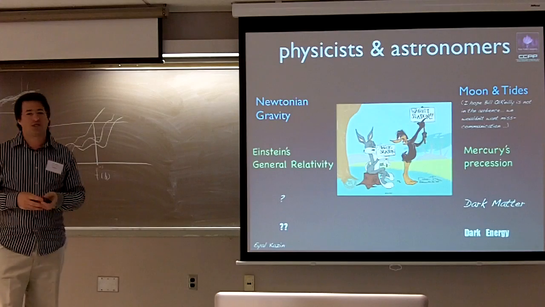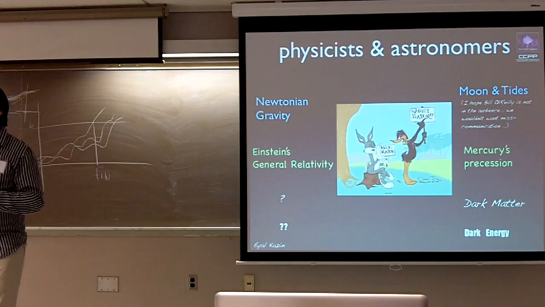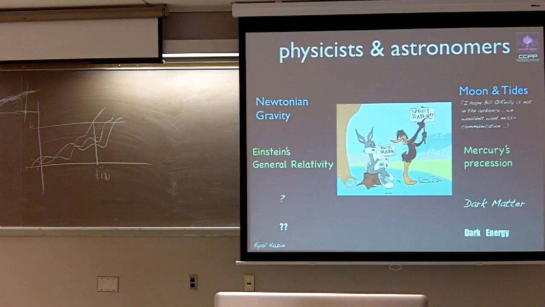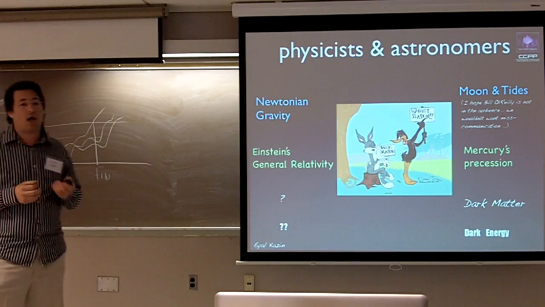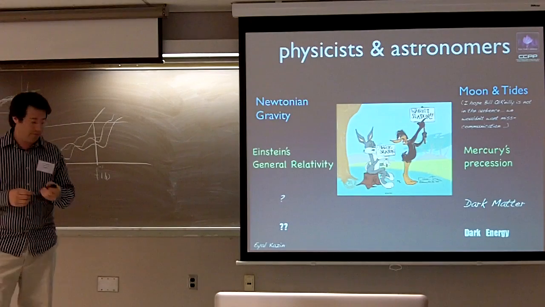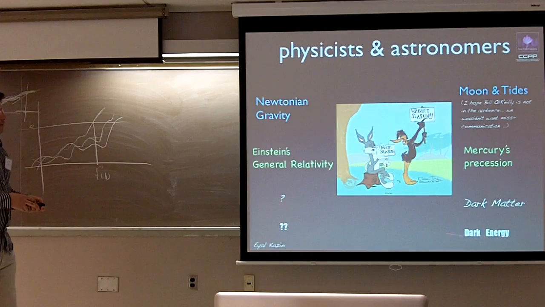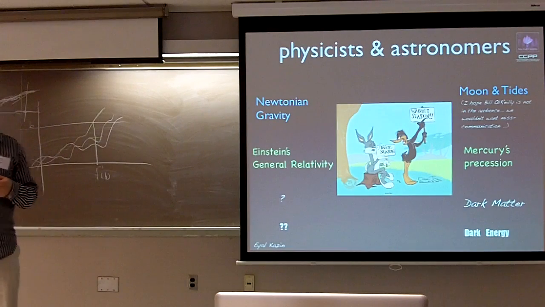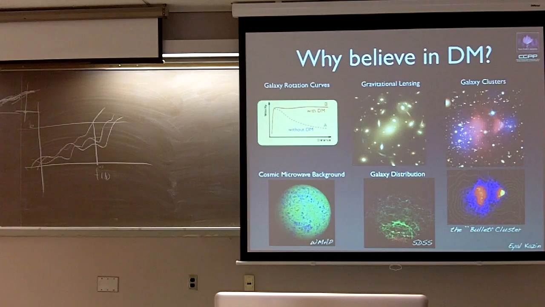So now we're in a similar situation in which astronomers firmly believe in the existence of dark matter. We still don't know what it is, and that's why we're pointing to the physicists to give answers and to actually measure it directly. Dark matter does not interact with photons. That's why it's dark. We don't see it. But we can infer it through various gravitational effects. And another, even more mysterious substance we dub dark energy, which we use to explain why the universe is expanding the way it is.